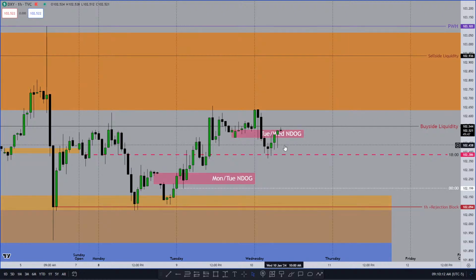What is this? This gradient line over here, you might not know, but it's the equilibrium of the weekly range. And so it came, touched it, and we closed right above the consequent encroachment. Right now we're working on this candle, which is below the buy side, so I still expect room to the upside. There's this rejection block here,